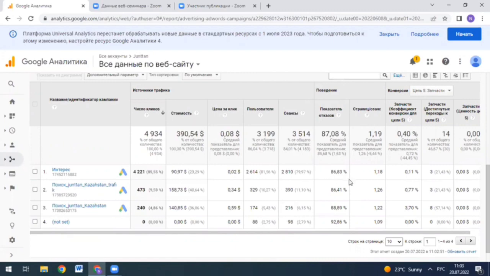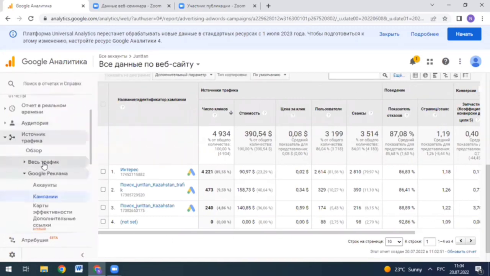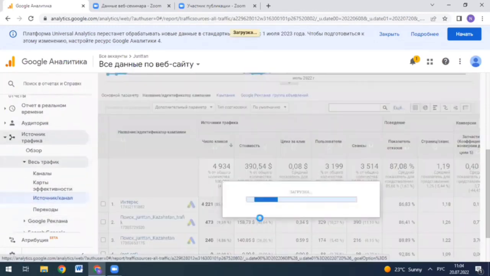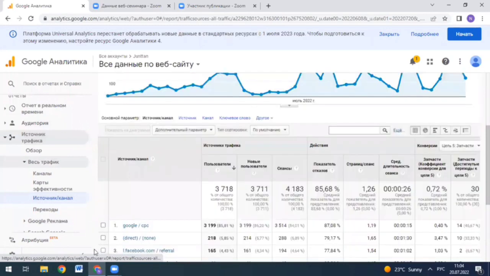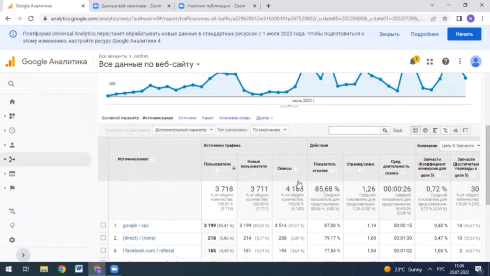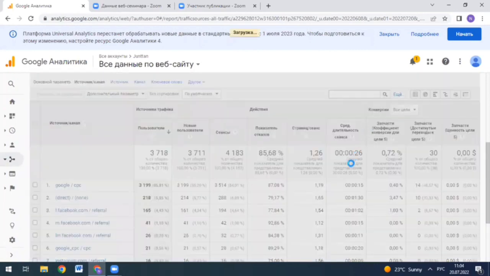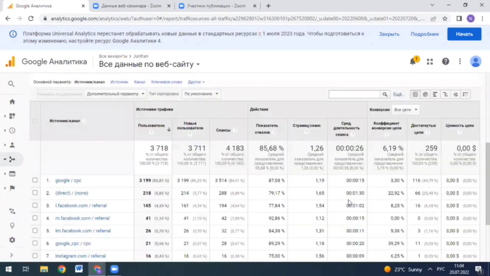And of course, we analyze all the involvements and interests of the client. On each page of this site, we have provided a button for the client to contact our managers. When we formed goals in Google Analytics, we created additional goals for analyzing customer traffic for each category of product and service. Next, we analyzed audience engagement.